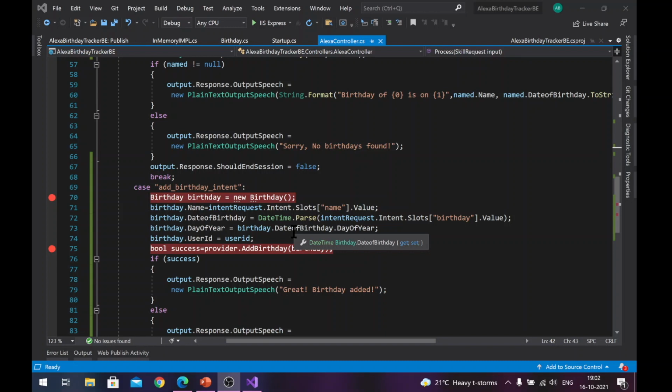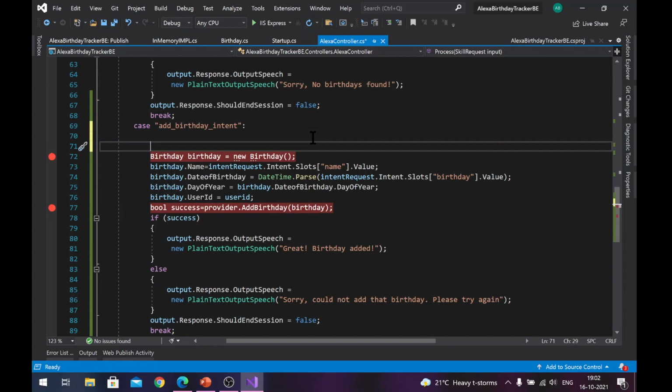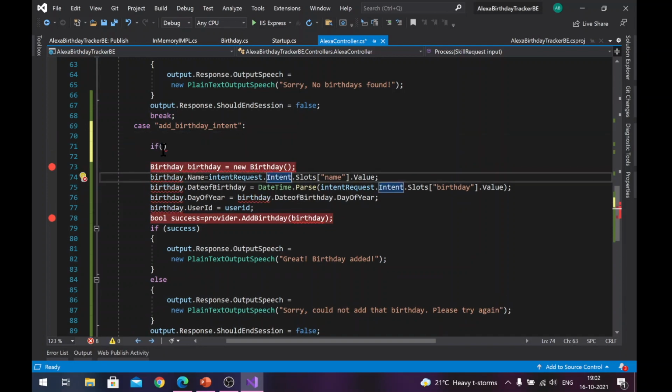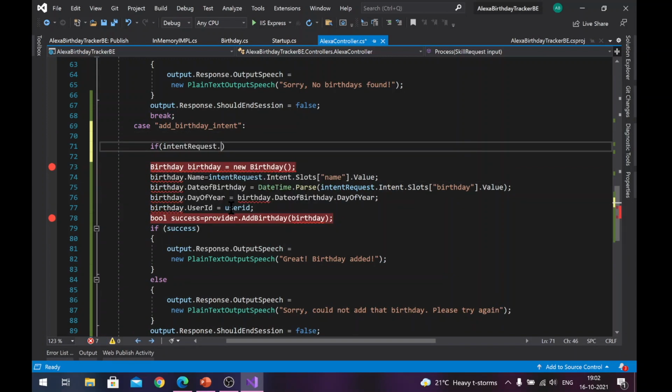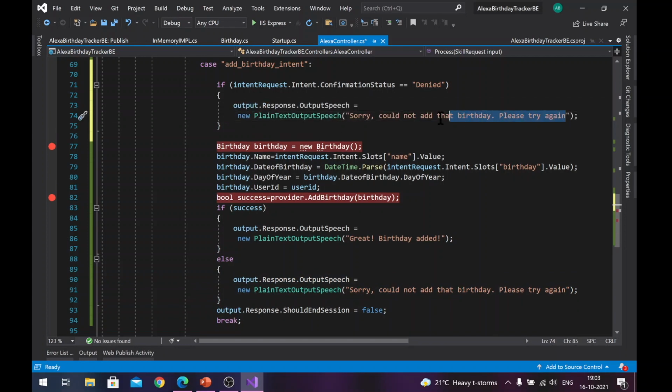So if the intent confirmation was not given, if the confirmation was denied, we don't want to add that birthday. Instead, we want to send a message to the user, right? So we will do it upfront when the intent arrives. So what we will do is, if intent request dot intent dot confirmation status, so this confirmation status is a string again, okay, is equal to denied, then we will say, so we'll copy this and paste it here, and we'll say, okay, operation cancelled, please try